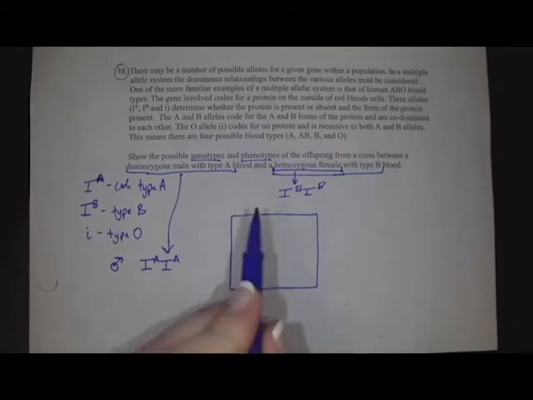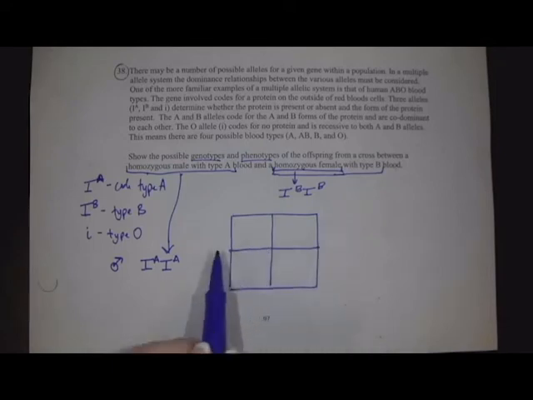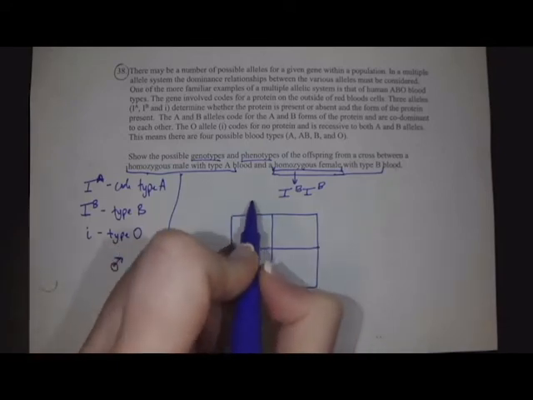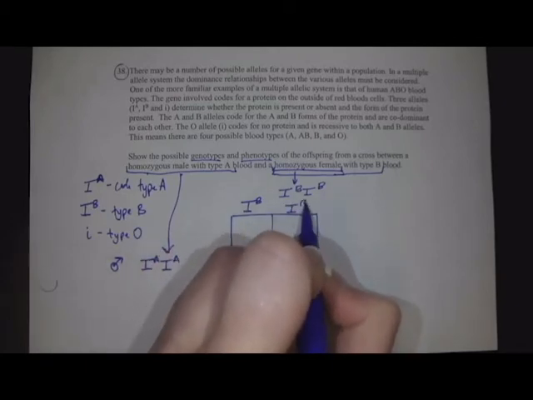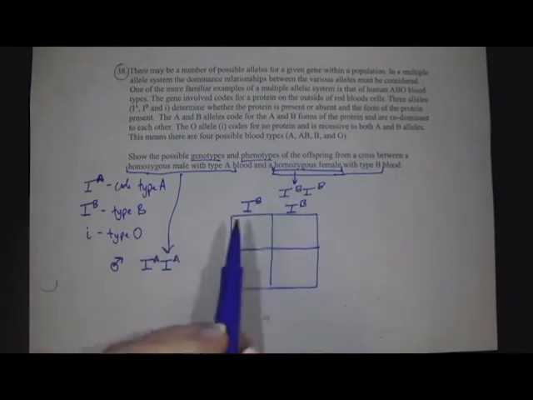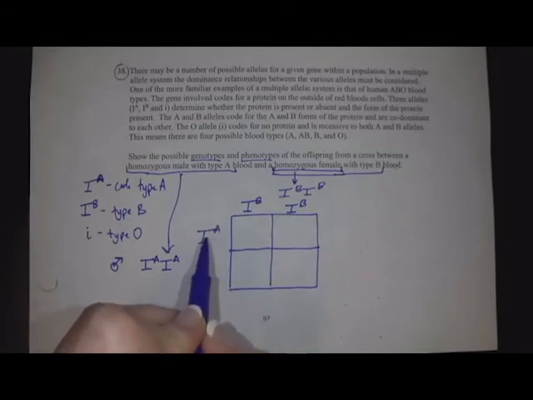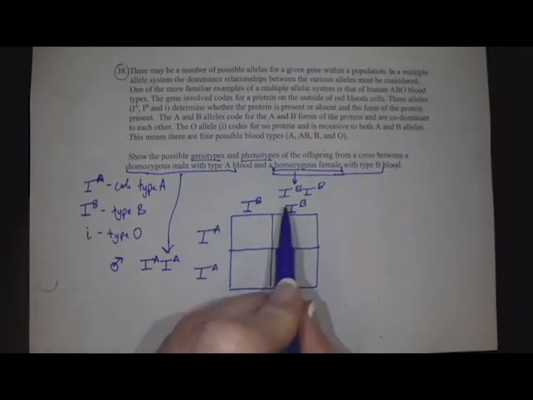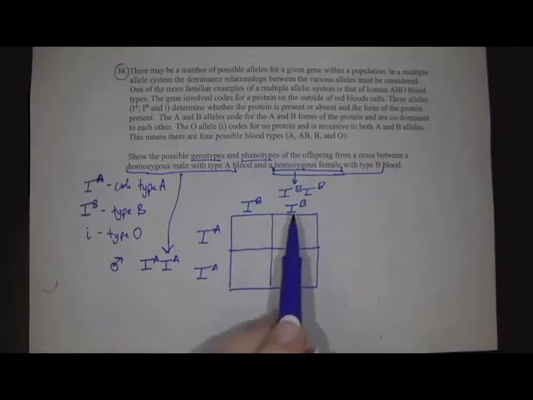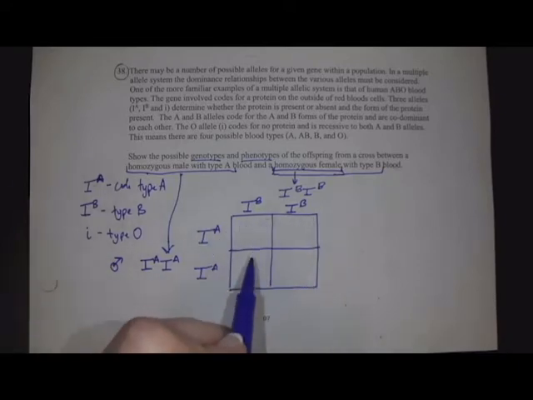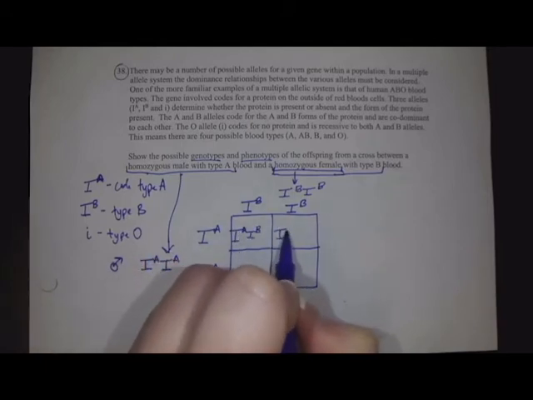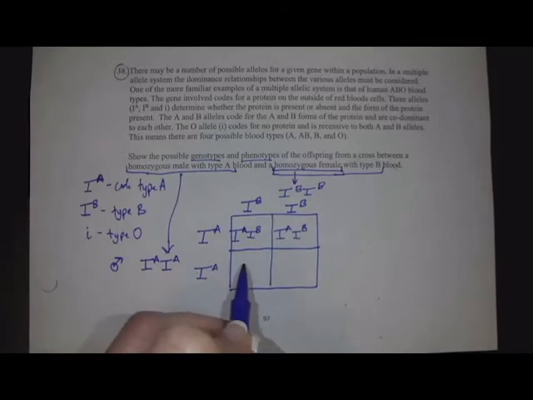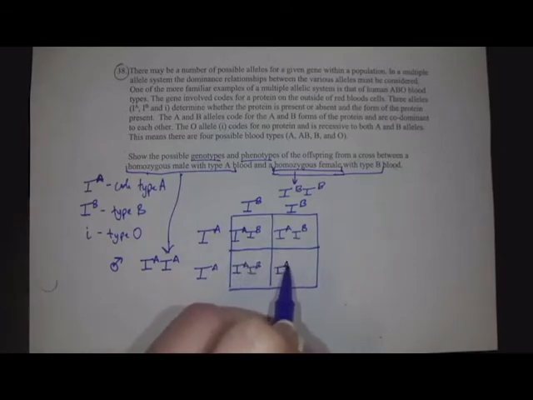Remember, you've got to make gametes, so you have to simulate meiosis. So we'll put our female on top. So we have one allele here, one allele there. So we have our B alleles. Then we have our male. And since they're both homozygous for their traits, they just have the same allelic forms, and then we'll cross them. So you get capital I with A, capital I with a B, for all of them